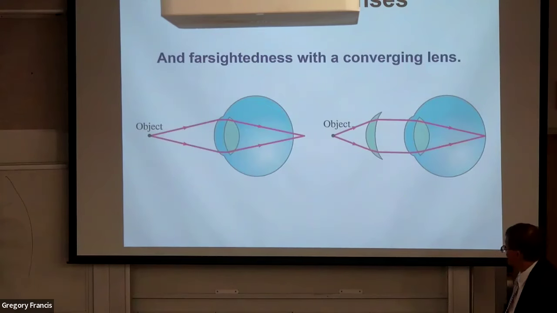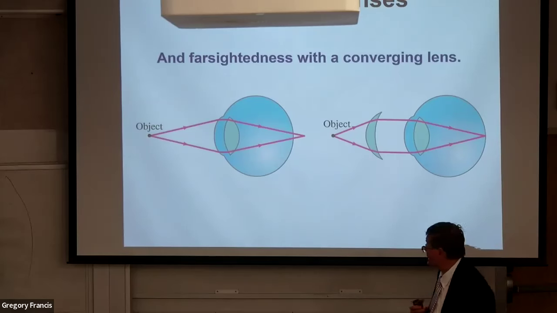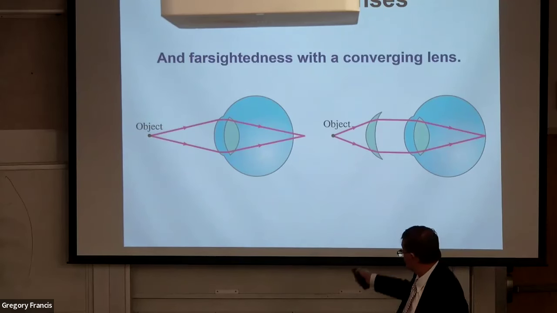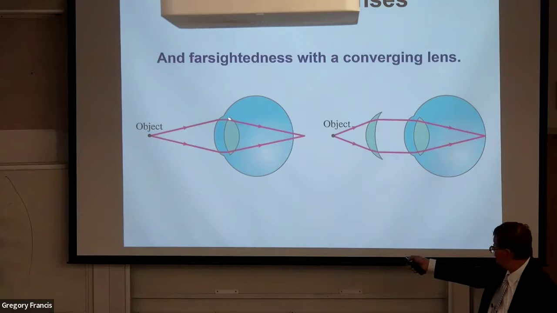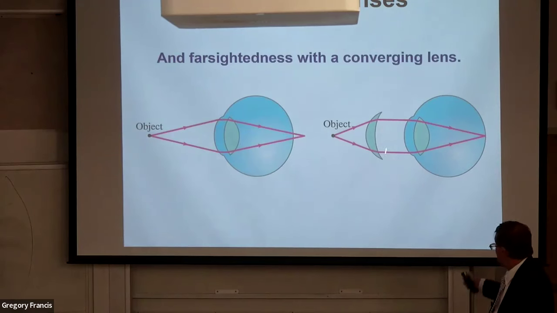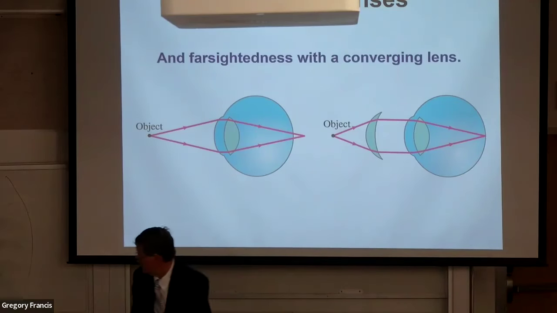Okay. On the other hand, farsighted like me, an object that's close gets focused behind the retina. And so where I'm interpreting what I'm seeing, it's all fuzzy because it's coming in at different places on the retina. And so what I want to do is focus these rays even stronger. I want to get more converging power. And so I put a positive lens in front here. Okay, now I've got a